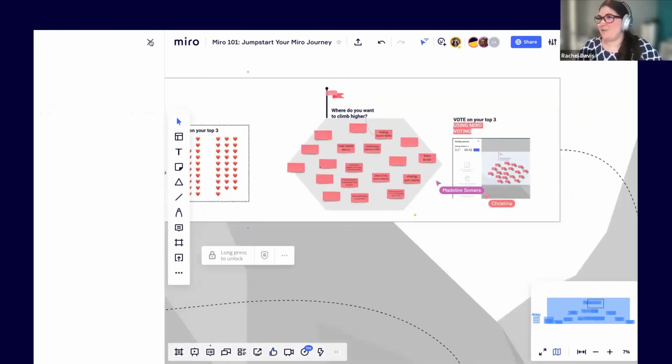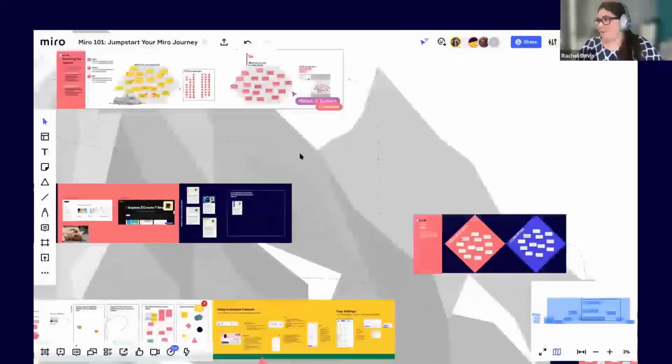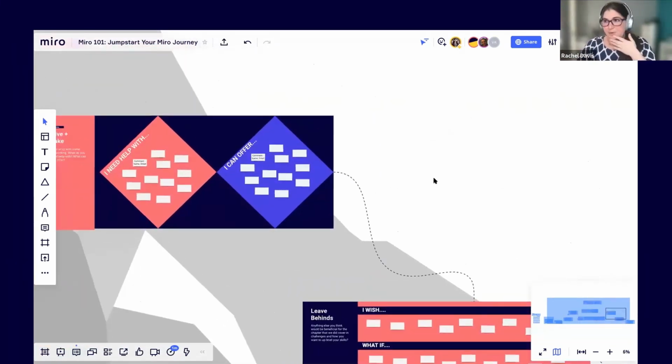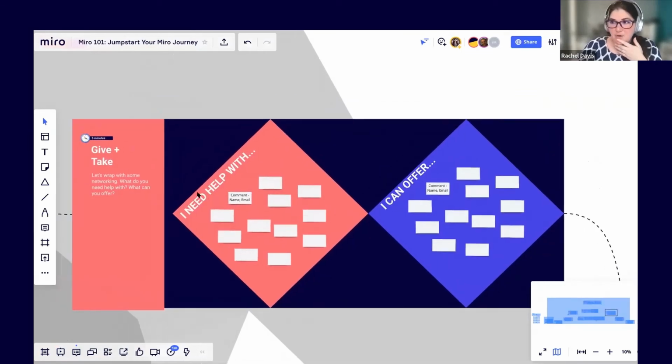All right, so we'll go ahead and close this voting session out. The rest of the session here is really just kind of networking stuff. This is for you to leave behind after the session. Really, this is about what do you need help with that this community can help you with as we start to build this community. What can you offer to the community? It doesn't necessarily have to be related to Miro. Maybe someone in the community needs help building a website and there's someone else who's either a freelancer or an agency and builds websites, right? The goal here is to connect people within this community to create those kind of networks.